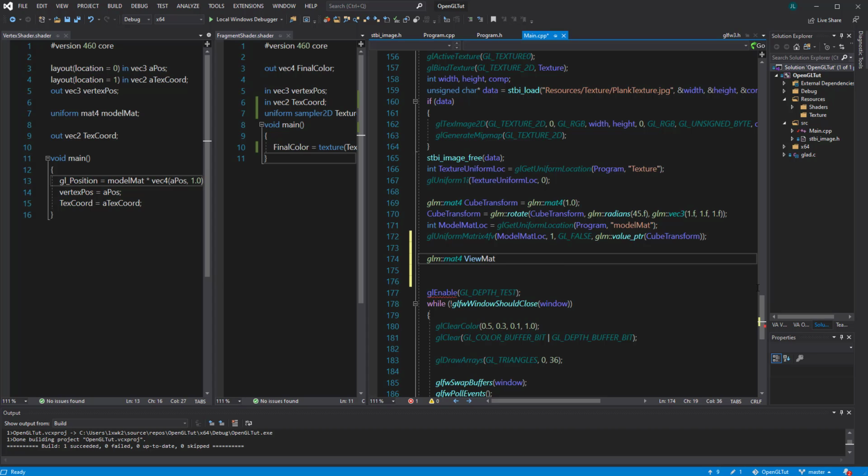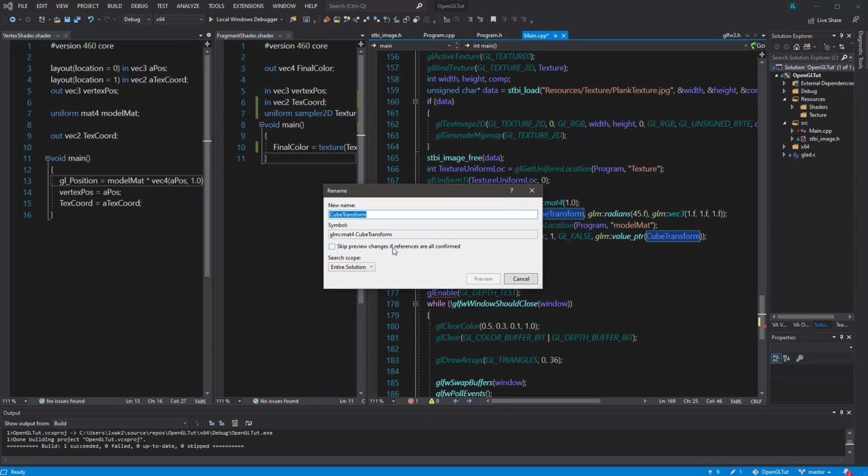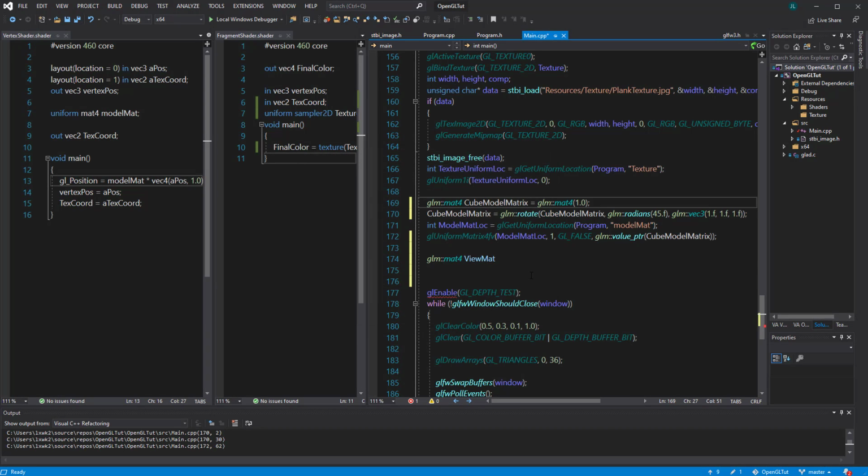matrix. So I guess this shouldn't be called transform. It should be called matrix. Let me go ahead and change that. Cube trans, or I believe I call it model matrix. So the model matrix, and this is the view matrix. Okay, v equals to glm